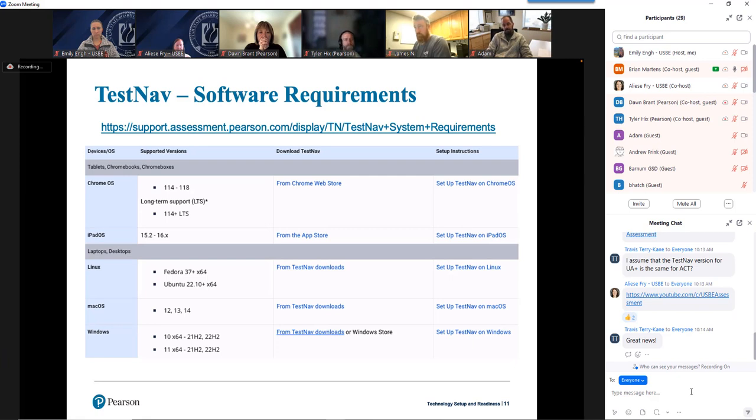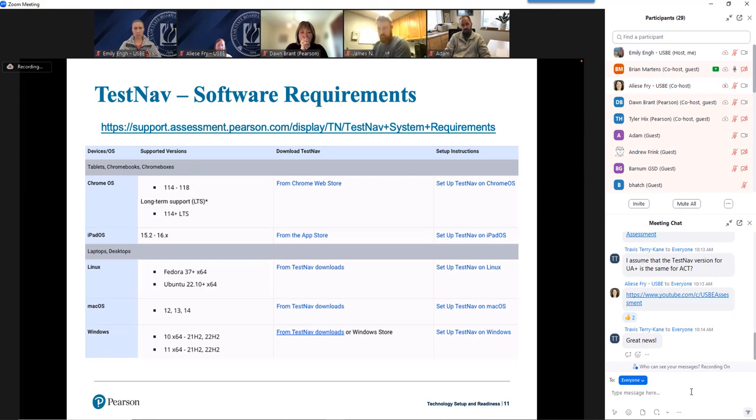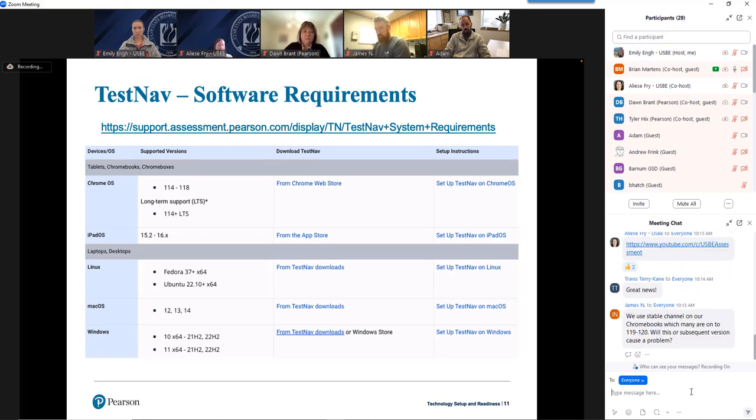And in general, I think it's smart to stay within the supported window of operating systems that you see listed here. But it doesn't mean you're dead in the water if you have a version of Chrome OS, a Chromebook that can only go up to, let's say, 112 or something like that. But obviously, in general, you want to make sure that your student devices can fit within this. That's the smartest move because those are the officially supported ones. We'll still try to help you out.